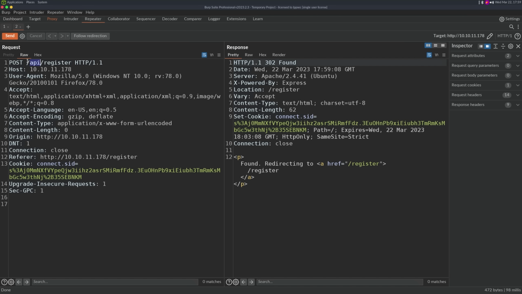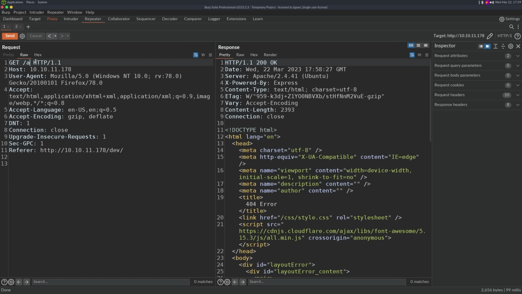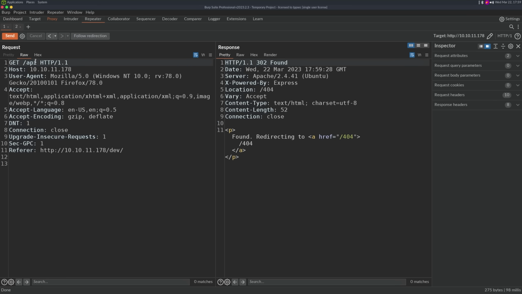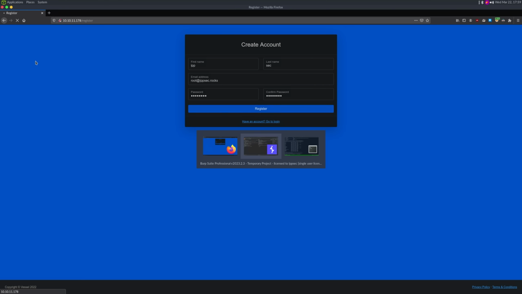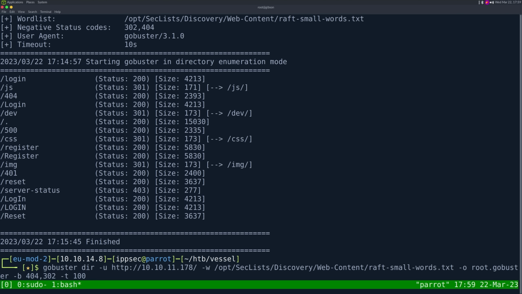It's probably working as intended, but if we do a GET on /API, based upon what I said about dev, you may be thinking, hey, API is going to redirect you to API with the slash, and then if it doesn't have content, then it's going to 404 you, right? But no, API just goes straight to a 404 page, which is a little bit odd. But if we thought about that as we are about to do the next step and try to figure out what is inside of dev, so I'm going to do